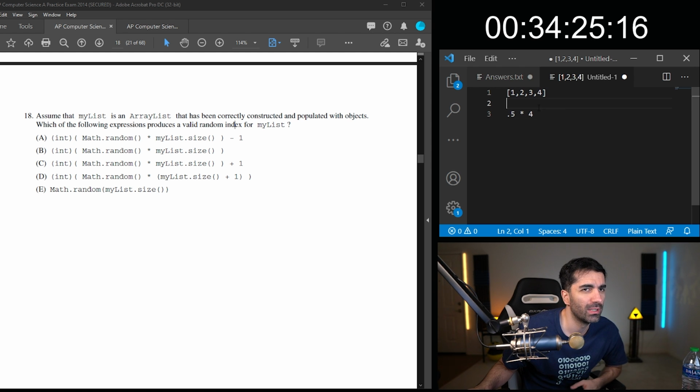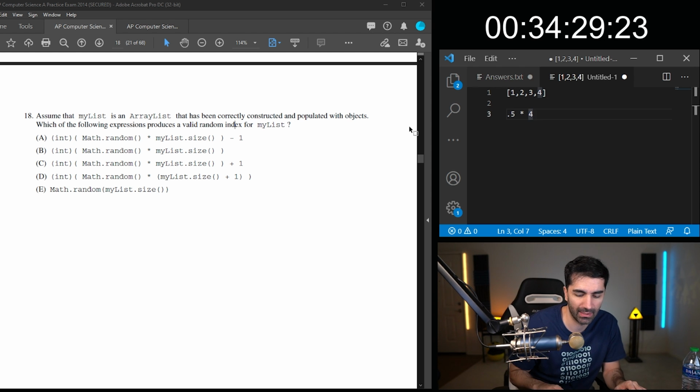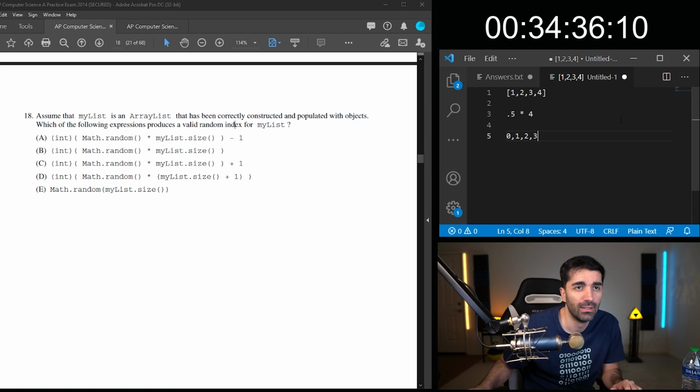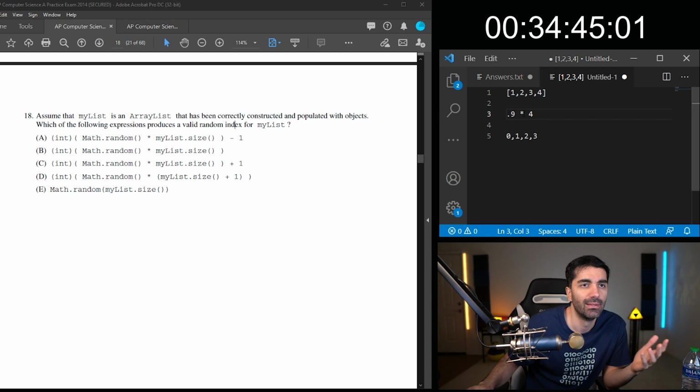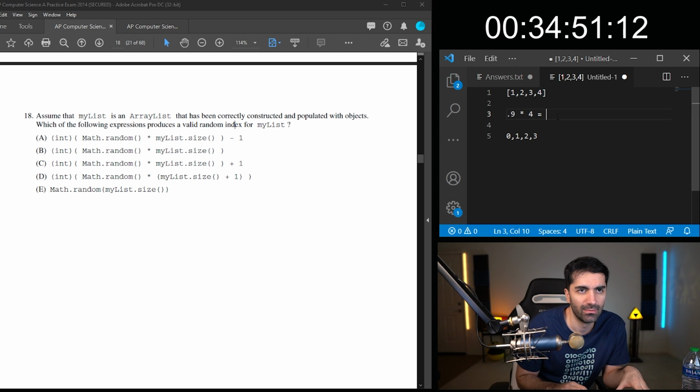Because we want a random index, so we want to return something between 0, 1, 2, or 3. So 4 times 0.5 would be 2. That would be fine. So what if this is like 0.9? Then that would be equal to 3.6.